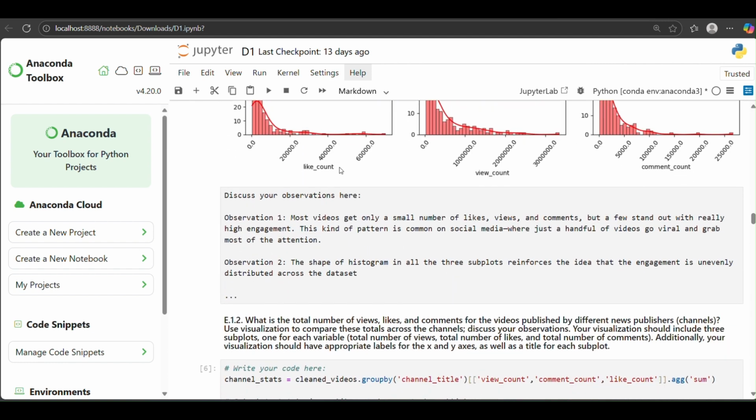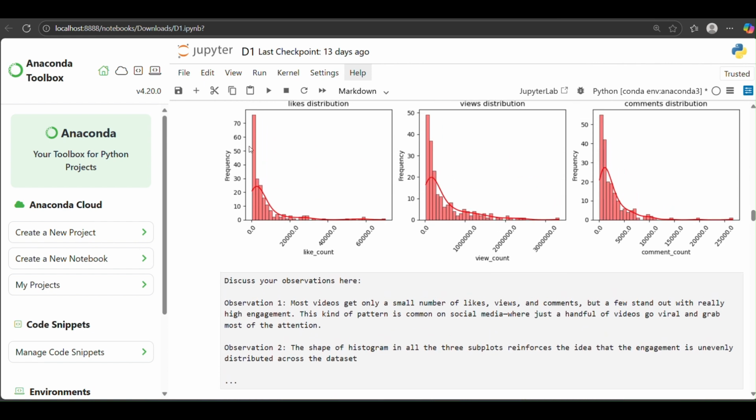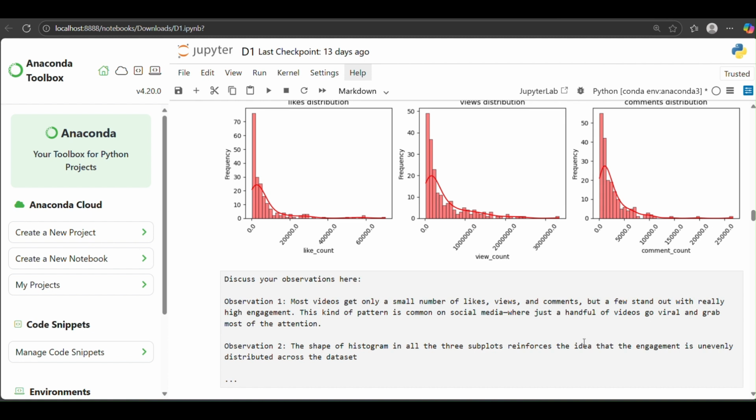The observations I got from these subplots is that most of the videos get only a small number of likes, views and comments, but a few stand out with really high engagement. This kind of pattern is common on social media where just a handful of videos go viral and grab most of the attention.